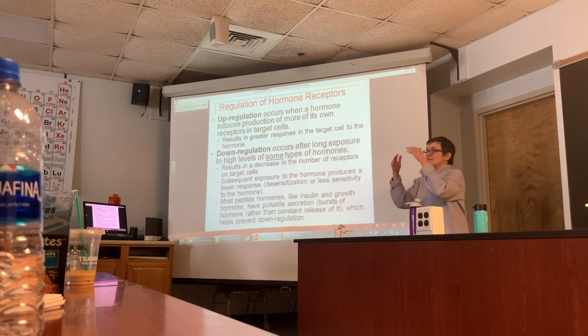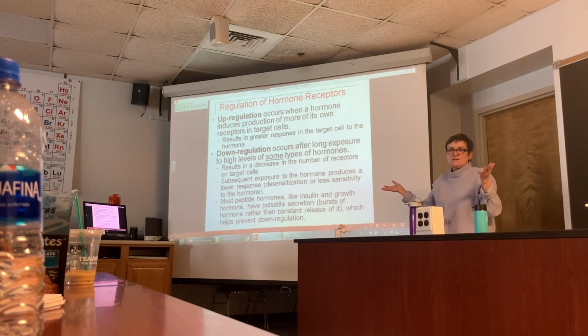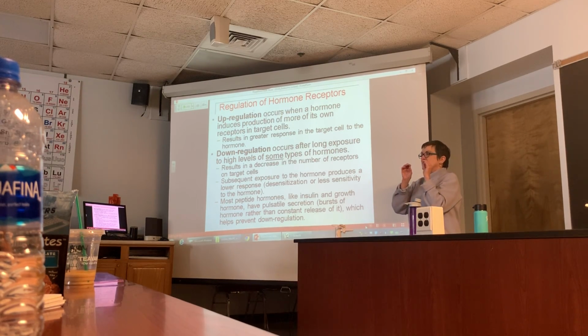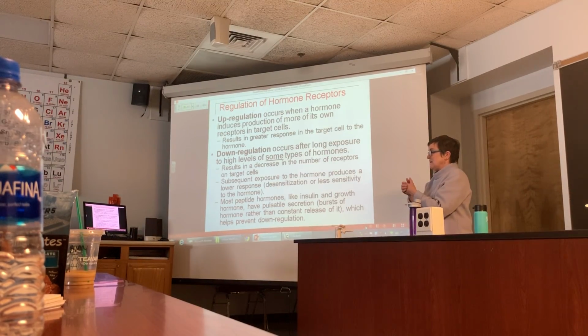What that means is all this insulin they've been producing over months of eating incorrectly, not exercising, overeating, and especially eating too much sugar. Even though you're getting bursts of insulin, you're getting too many bursts of insulin, and that causes downregulation of insulin receptors. Then your target cells, which are your body cells, don't respond to insulin like they should, so your blood sugar remains high, and you end up with type 2 diabetes. Usually, before a person has full-out type 2 diabetes, they have insulin resistance, which means there's some downregulation happening, and when they get actual type 2 diabetes, they've downregulated their